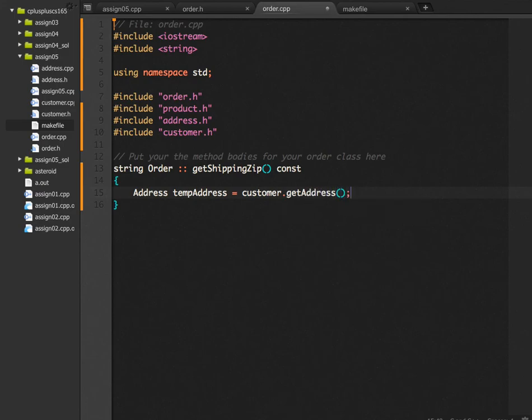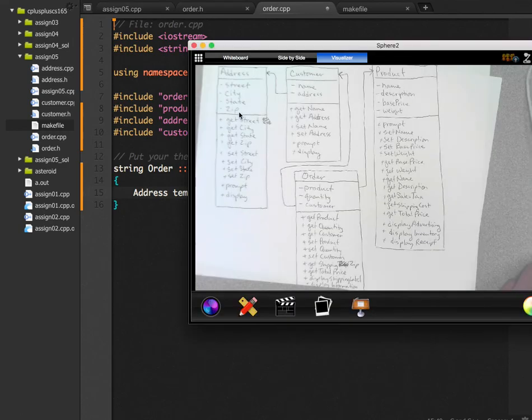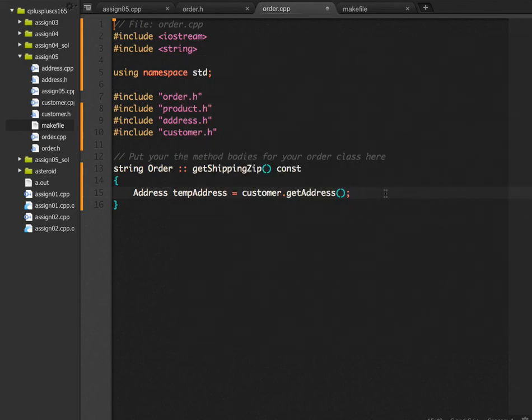By getting a hold of the customer, we're going to be able to have access. By getting to the customer, we're going to have access to address. Okay, and then all I have to do is take that temporary address